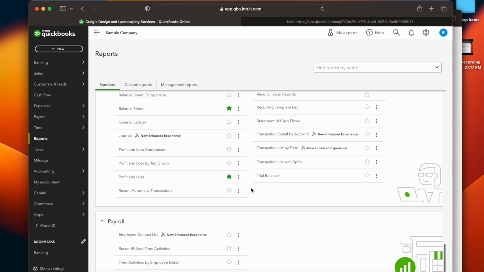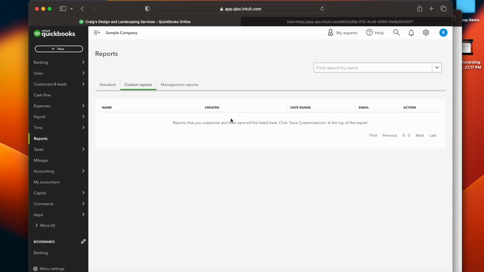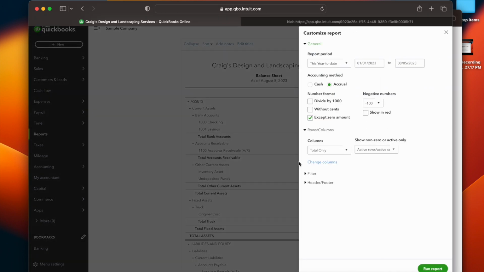And mind you, this tutorial does not cover payroll because payroll has its own certification. So if I want to customize a report, I can say, for example, the balance sheet. If I want to customize this balance sheet, I will just click on the dots, and then it will take me to customization. So if I want to say this year, and then I want to show all negative numbers